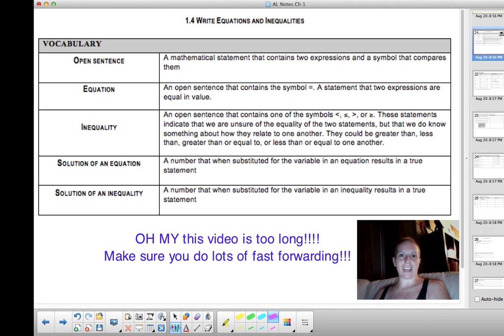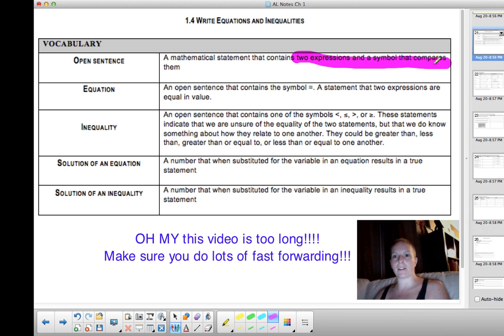Let's go ahead and talk today about section 1.4. It's over writing equations and inequalities. There are a couple of vocabulary words in this section that we need to review first. When we look at that word open sentence, it's talking about a mathematical statement that contains two expressions and a